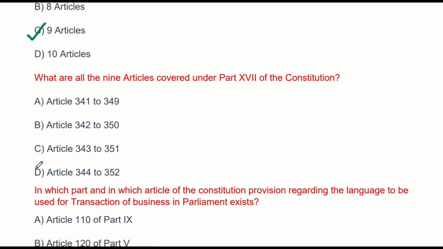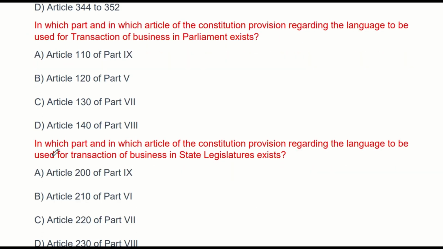A. Article 341 to 349. B. Article 342 to 350. C. Article 343 to 351. D. Article 344 to 352. And right option is option C. Article 343 to 351. In which part and in which article of the Constitution provision regarding the language to be